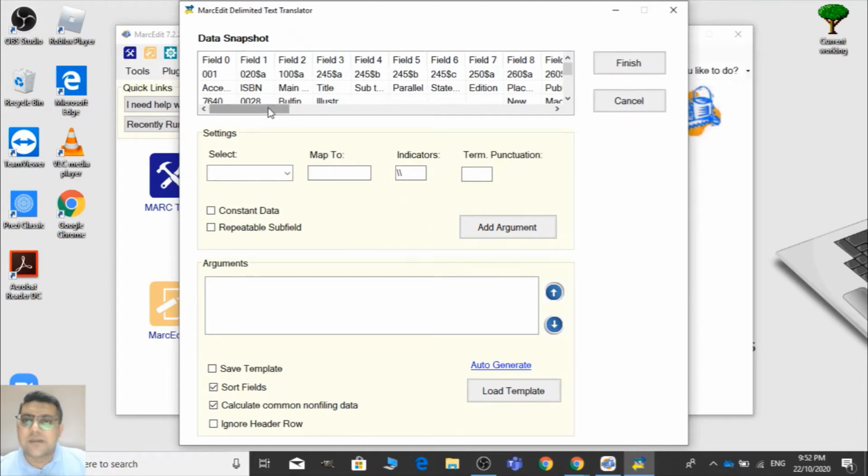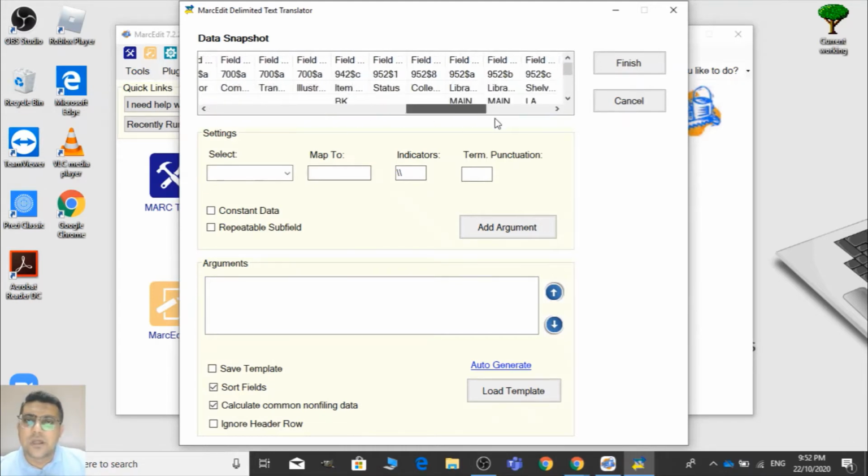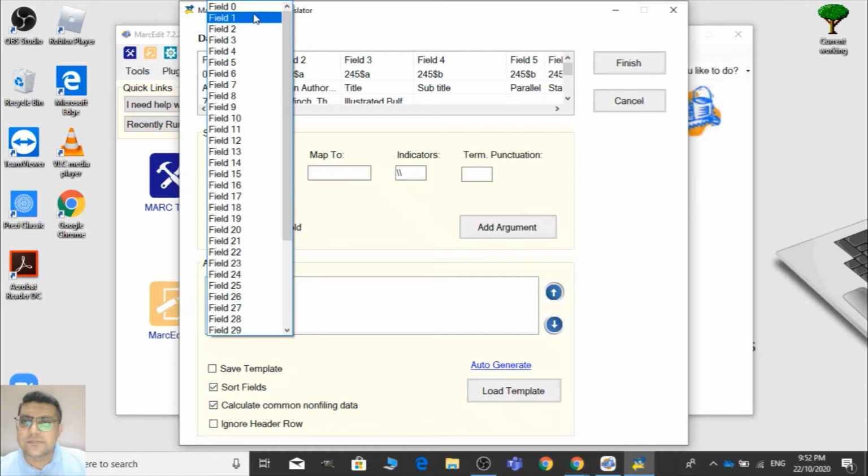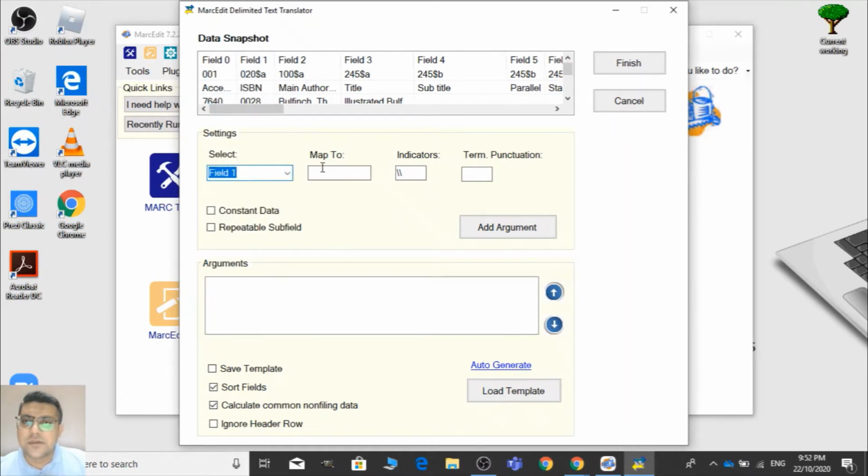By mean field, I mean the column. All the columns are available here, so you can select any required field, for example ISBN number or author field, title, author. So let me select ISBN field 1, and I need to map this to